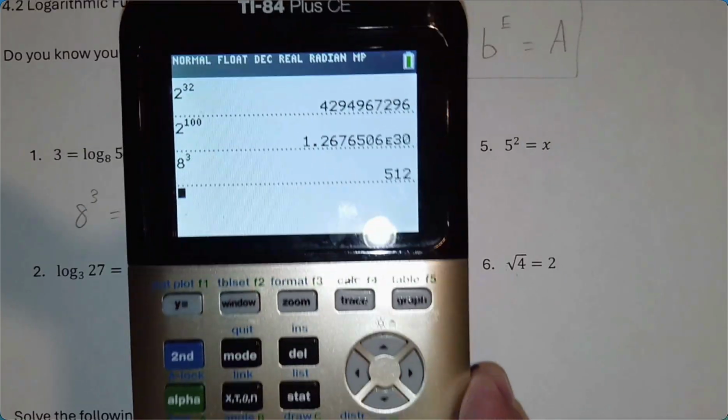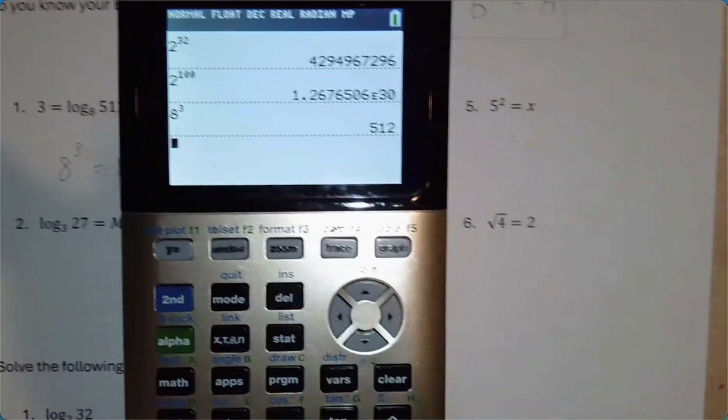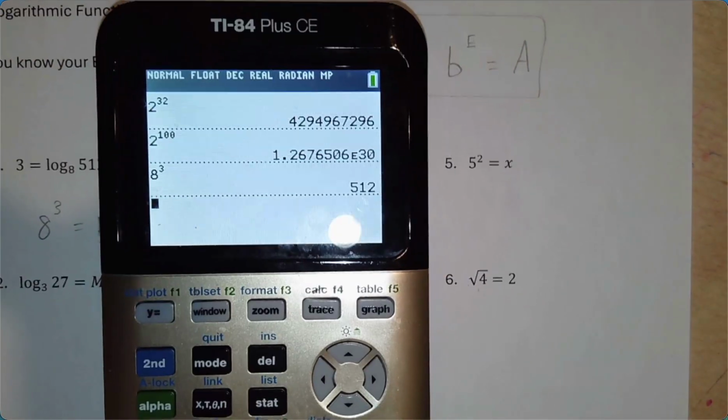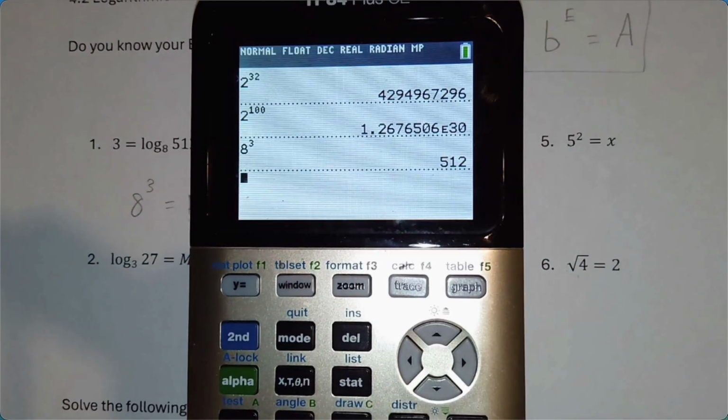512. Now, what we aren't too concerned about, sorry, I'm just trying to get rid of that glare. It's good enough. Never mind. There we go. All right. Where was I? Getting rid of